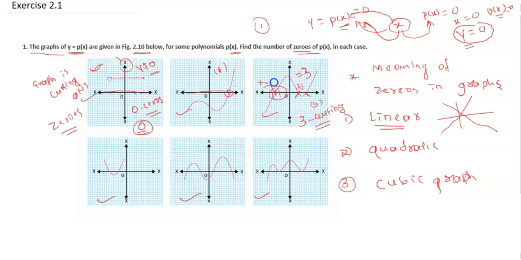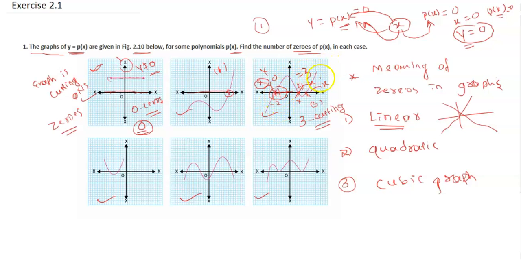At 3 values of x. Here this is the value of x. This is also some value of x. For these 3 values of x, your y is becoming 0. See here, what is the value of y here? That is 0 here, right? So the value of y is 0 here. Here also, what is the value of y? Y is 0. It is x, let's say, minus 2.